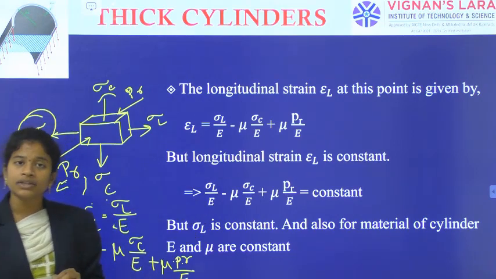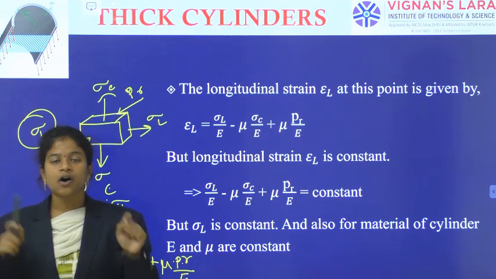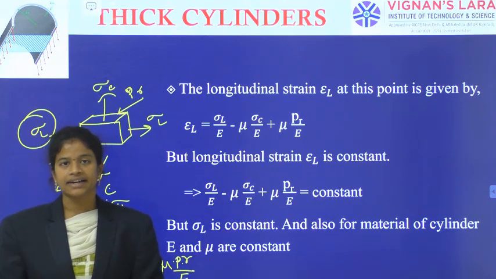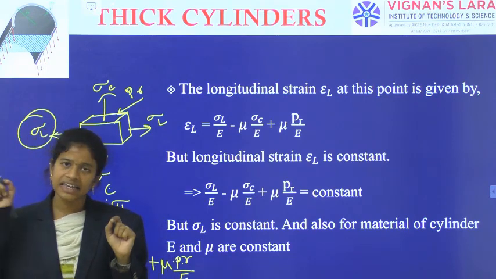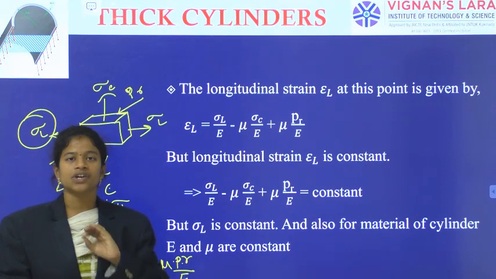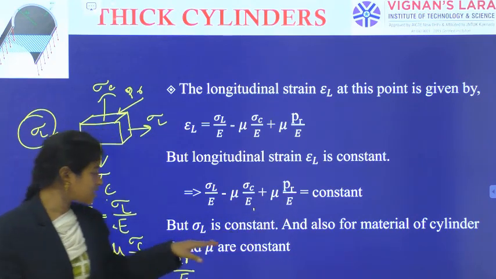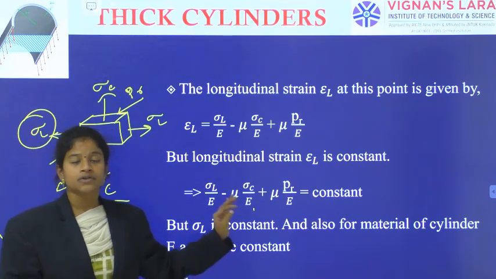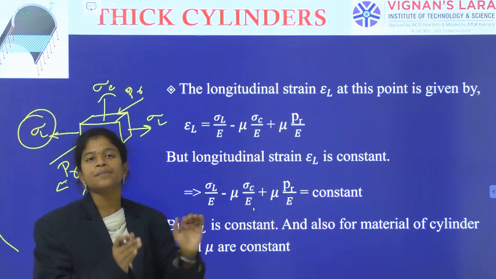Not only sigma L, some more things were there. What are those? Young's modulus of the material and Poisson's ratio of the material are always the same. Always the same means they are constant whatever is the point you are calculating. So even in the top fiber, the bottom fiber, an interior fiber, at any elemental fiber position or location, Young's modulus and the corresponding Poisson's ratio are not at all changing. That's why E and mu are also constant. So sigma L is constant, and also for the middle of the cylinder, E and mu are also constant. So as the constant terms were there on the left side, I can shift them to the right side, keeping it as a constant.